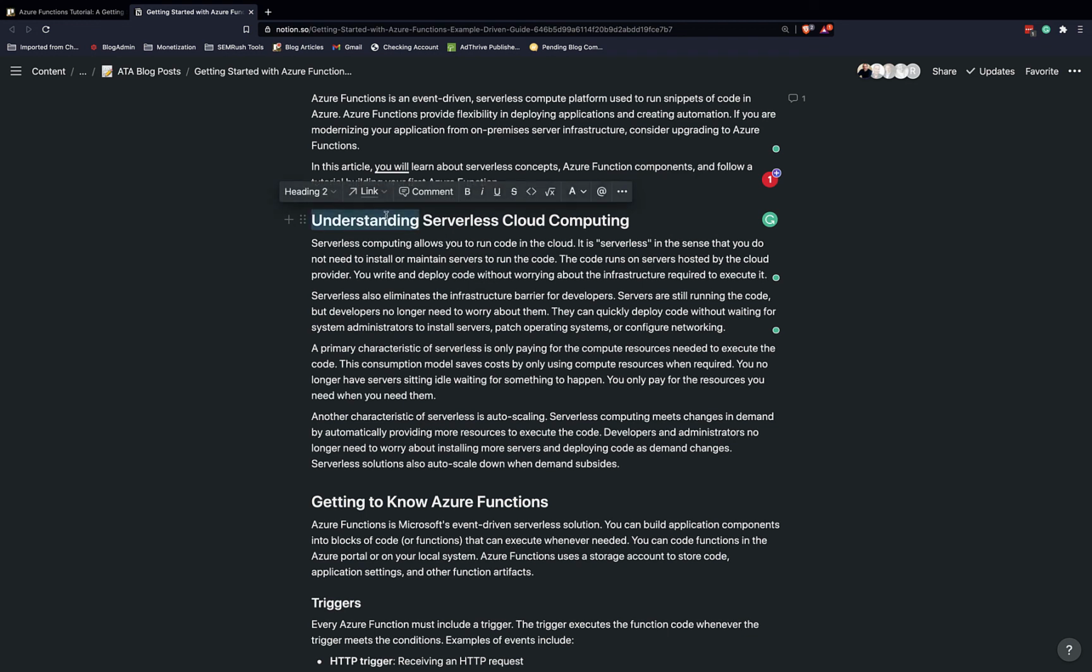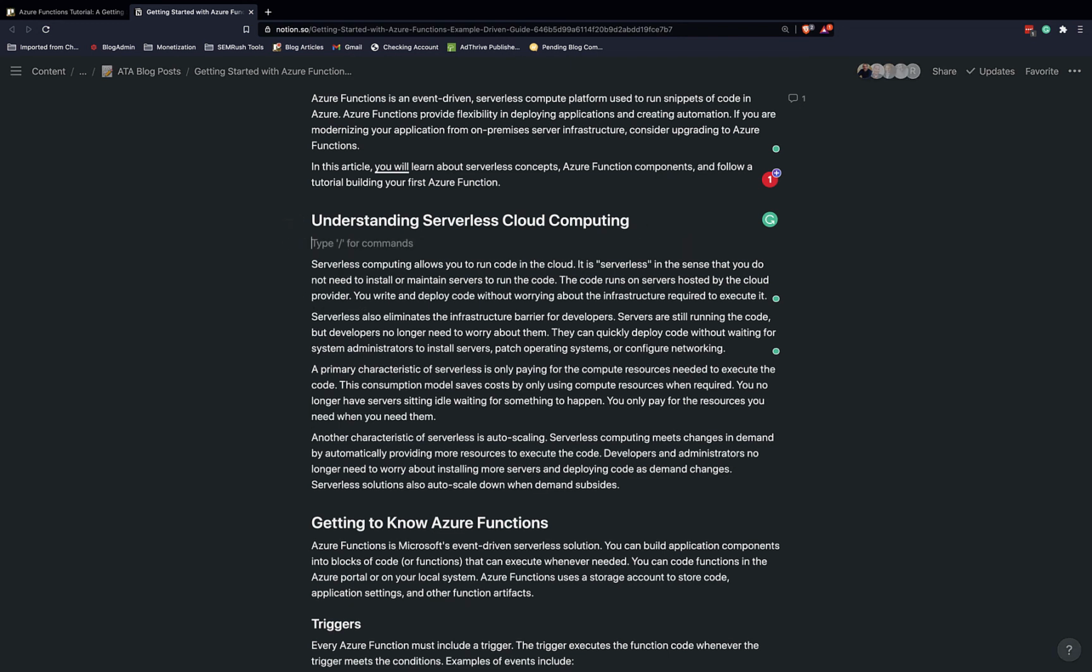Whenever you read this, understanding serverless cloud computing, and then immediately go into serverless cloud computing allows you to run code, this tells me right here that this isn't being treated as a guide. You're not talking to someone. When you talk to someone, do you say serverless computing allows you to run code in the cloud? No, you're not going to tell someone that. You're going to introduce things. You're going to say something like,